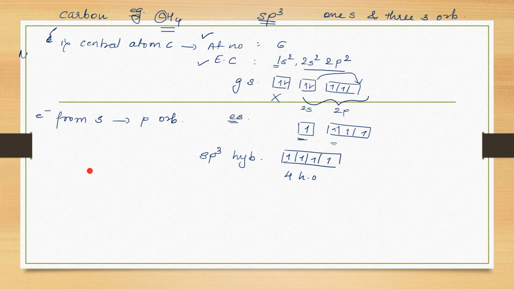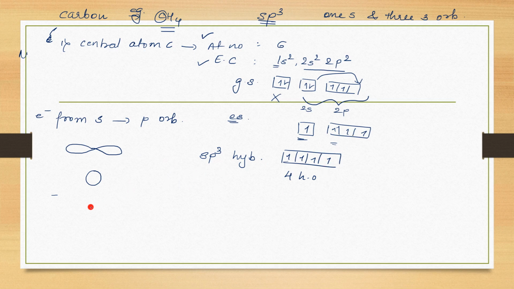Now, whenever hybridization is taking place, when we're talking about p orbital, the shape of the p orbital is dumbbell shape, right? And s orbital is spherical. Now these two orbitals are going to mix. So after mixing, you're going to get new orbitals. So definitely this shape will not be there. So what is the shape of new orbitals formed? And now there are four.